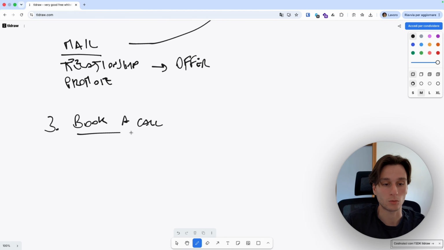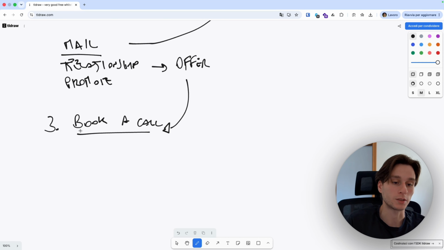Once they know your offer, they know you're valuable, and you've established trust, this is one of the last steps. They can book a call with you, and then you simply close them. The beautiful part of this system is that they already know what you do, they can trust you, and you have the solution for them.